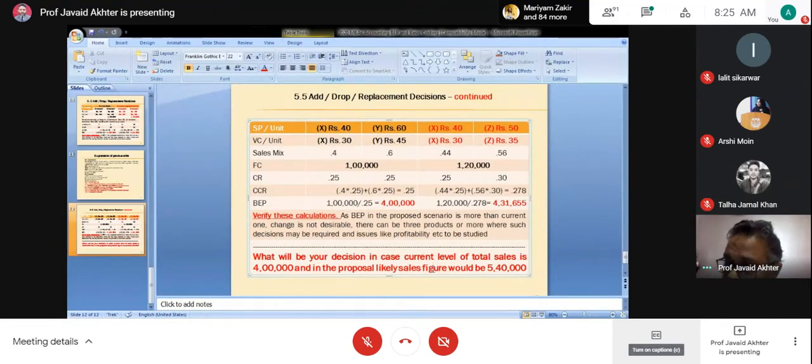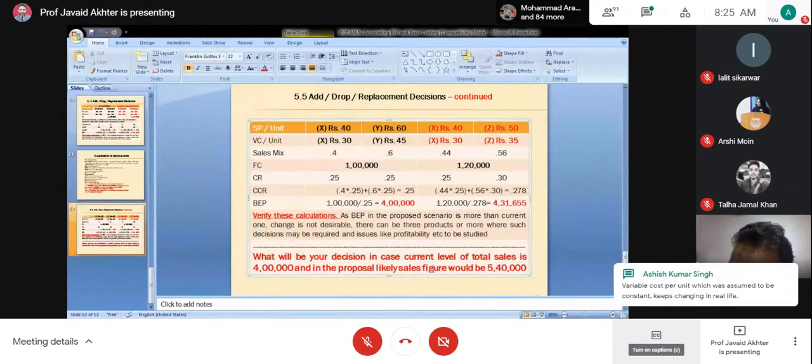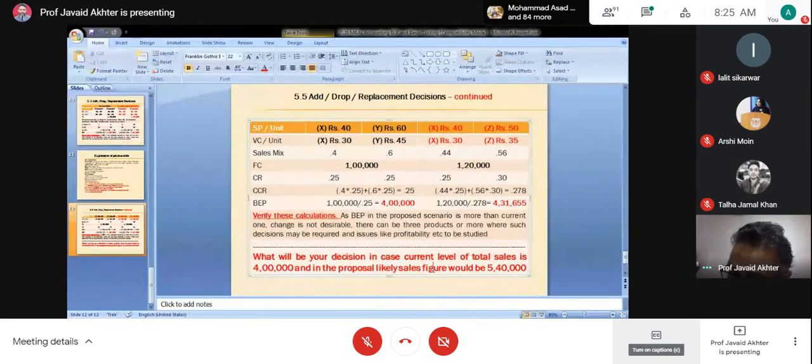When you start selling, will you sell according to BEP or will you sell according to the demand? You will sell according to the demand. So sales mix will never be constant in real life. Second limitation. Third limitation. So it does not tell us about the other factors of the market. Okay, it ignores the other factors of the market. Third or next.